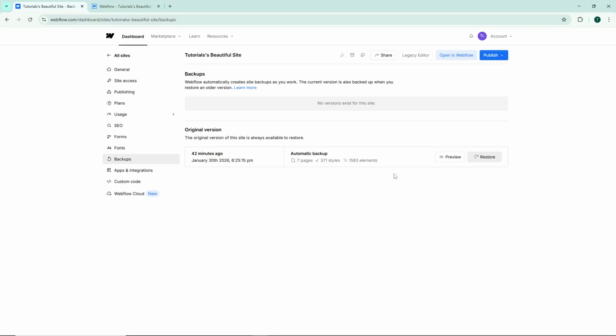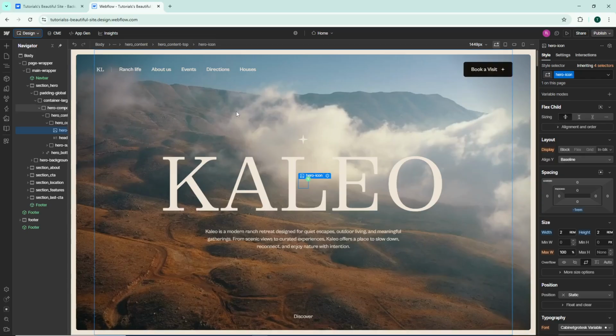To restore your template to a previous version, simply click Restore next to the backup you want to revert to. This action will reset your site to that specific point in time, undoing any changes made after that backup was created. Alternatively, if you need to make quick corrections without going through the backup process, you can head directly to